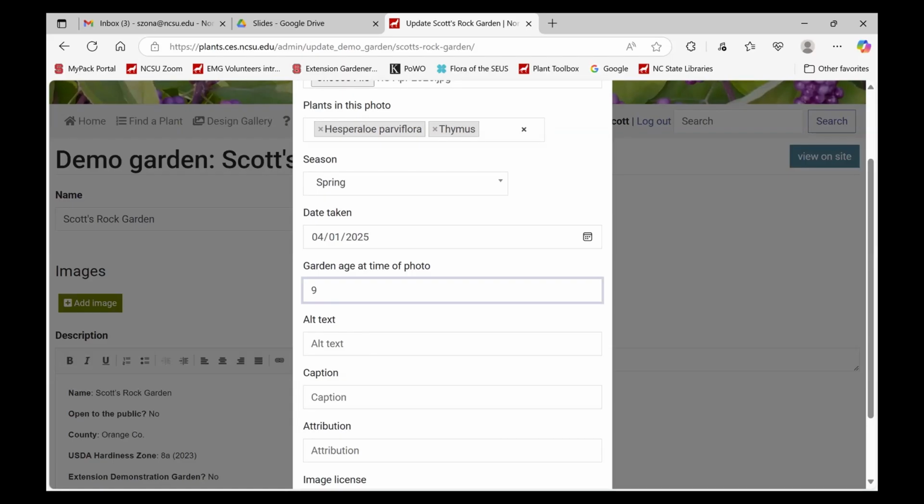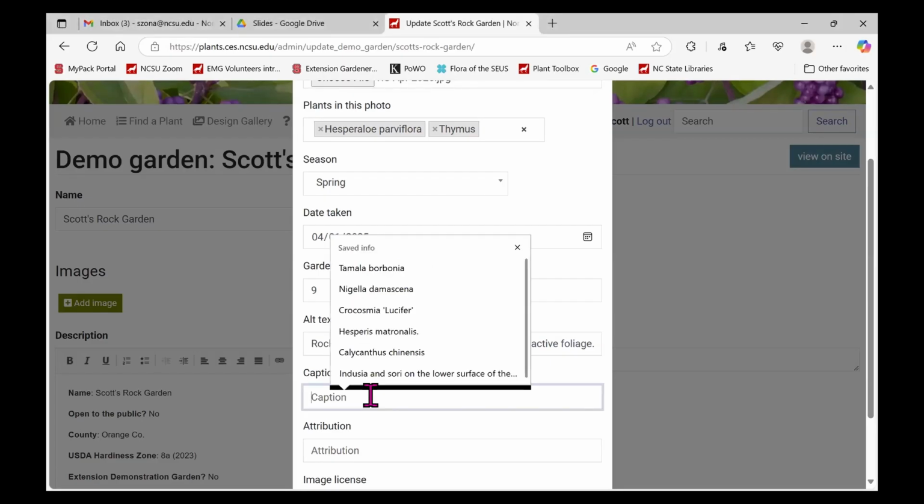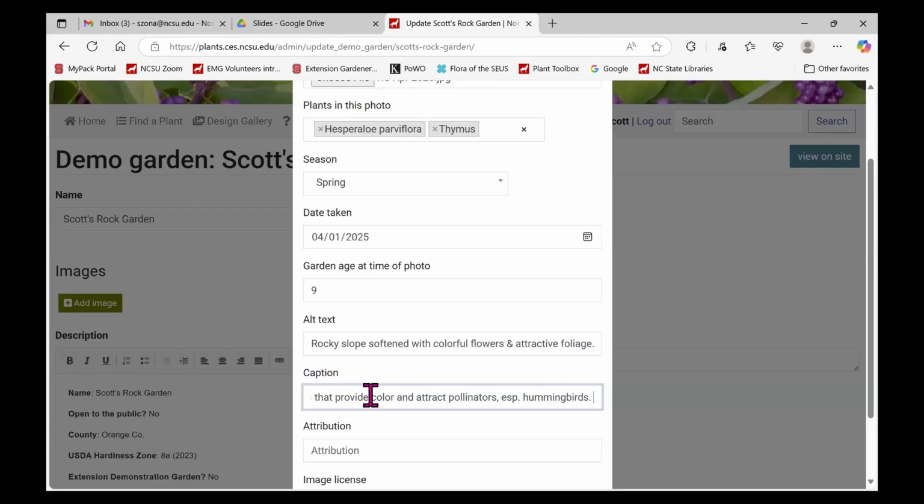So I said alt text is slope, rocky slope softened with colorful flowers and attractive foliage. Put that in, that fits within my 64 characters. My caption is rocky slope planted. And I'm gonna go ahead and mention the antirrhinum that's not in the toolbox. So it includes